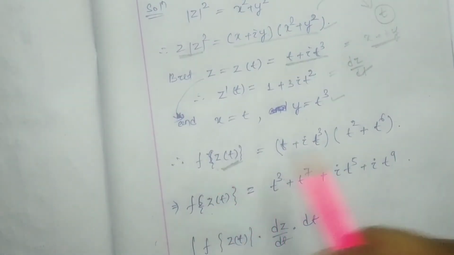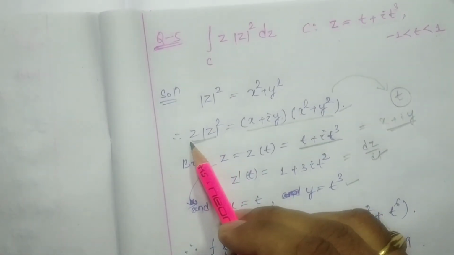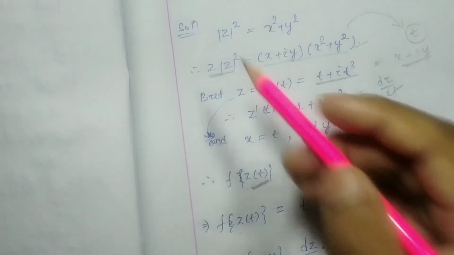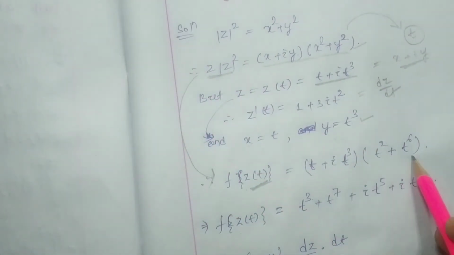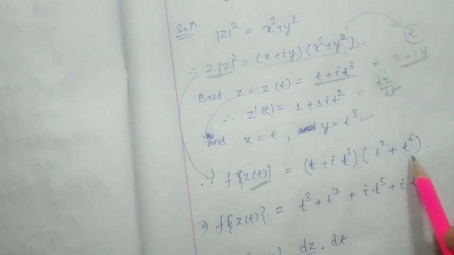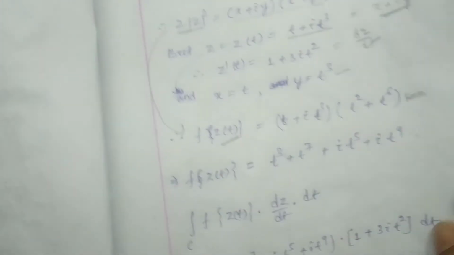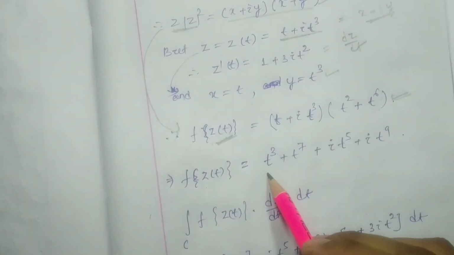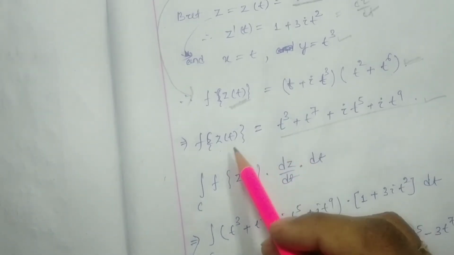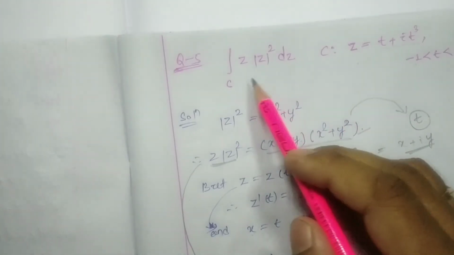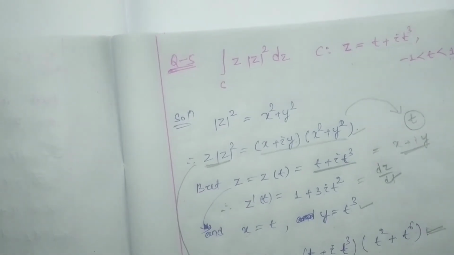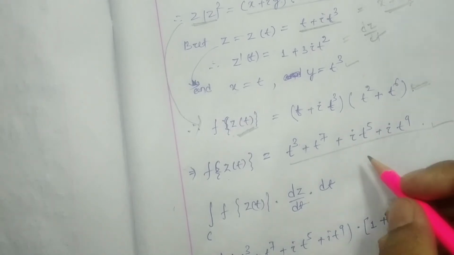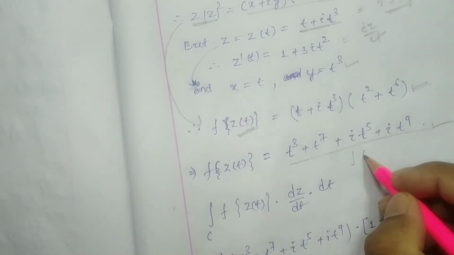So now initially whatever the function is, only a function of x and y, that has been transformed to a function of t. So this is our function of t, that is t plus i t cubed into t squared plus t to the 6. Just multiply, you can get this one. So now here I'm going to show you that f(z(t))